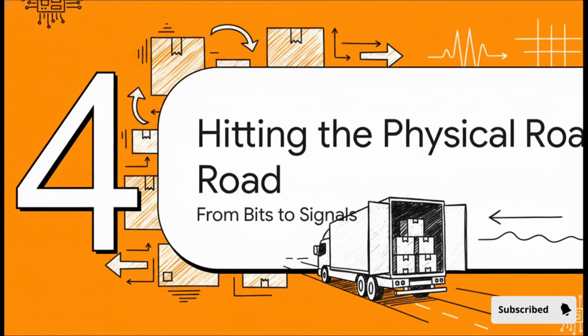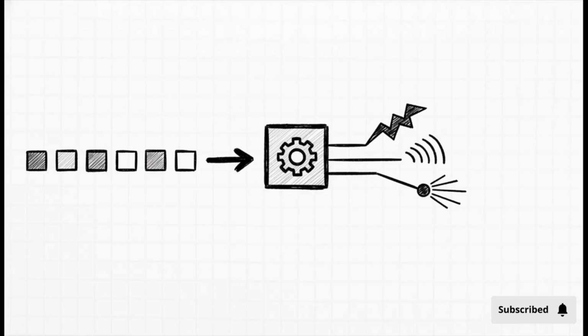All right, our packets are packed, numbered, and addressed for both the building and the mailbox. Just one thing left to do: actually hit the road. You know, up to this point, everything we've talked about has been, well, invisible. Just ones and zeros inside a computer. The physical layer is where our data finally becomes a real, tangible thing. It converts those digital bits into actual physical signals, electrical pulses, radio waves, or flashes of light that can travel